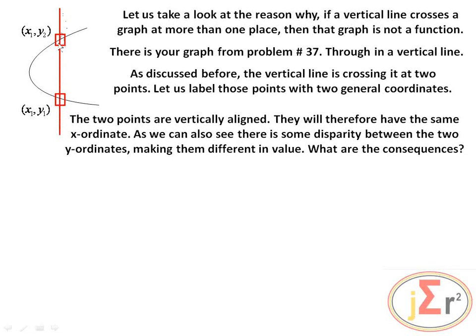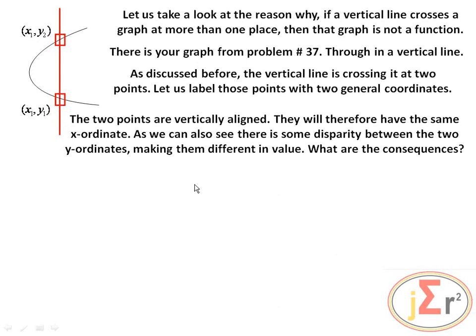On a vertical line, the x value is the same every place on this line. Therefore, whatever we have for the x value here, it is the same thing that we need to have here. So there is no difference in x value between this point and this point. So if this one is x1, so is this one. However, we can see that there is some difference between these 2 points. Therefore, the y